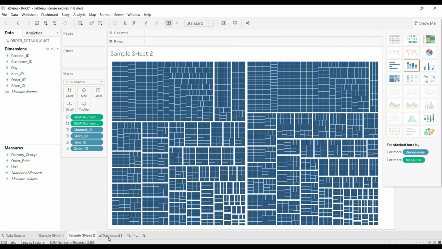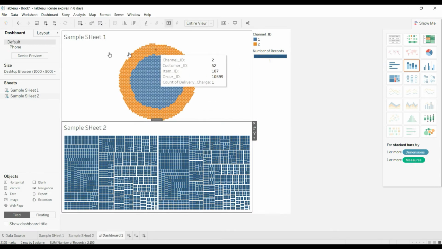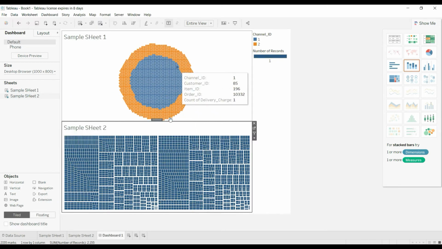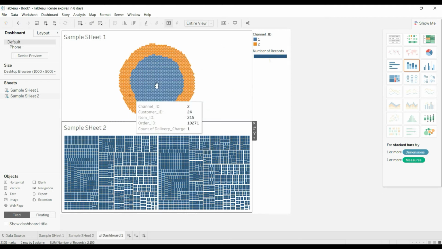Okay, let's go to the dashboard again and check what things are available in that dashboard. You can observe that when we updated sheet 1 and sheet 2, it automatically reflects in the dashboard which we are using. In the same way, we can work on every data set. So this is part 1, that is using an Excel sheet. Let me go to part 2 now.